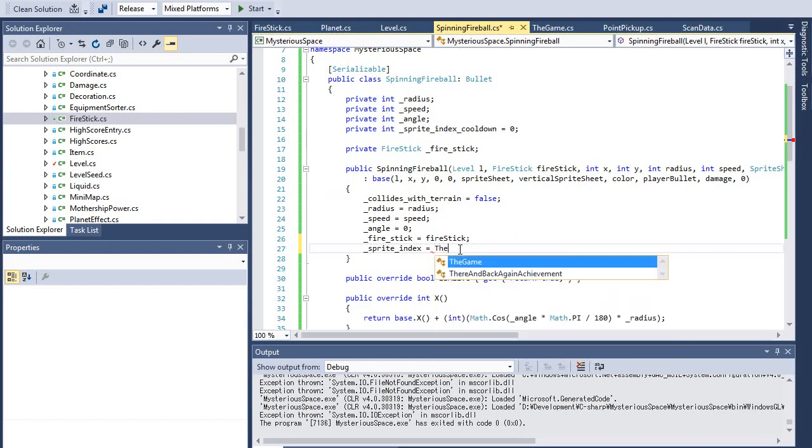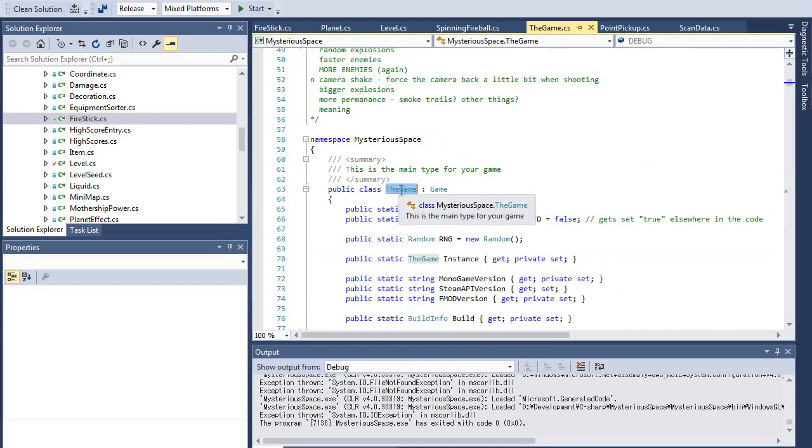But let's, so we want it to be the game RNG next. And if that doesn't make a whole lot of sense to you, what I've been doing here, so the game is a class I made. Monogame has this game class, and when you start up a new Monogame project, it says XNA because